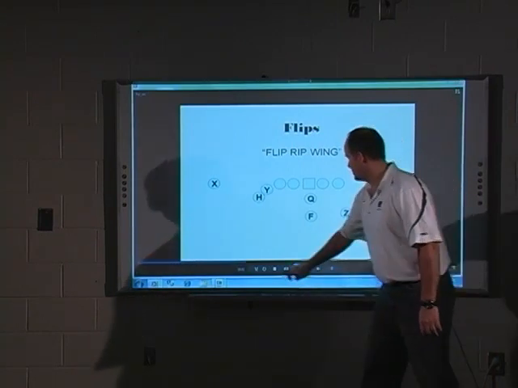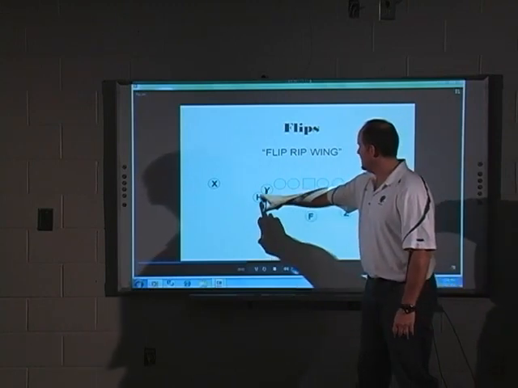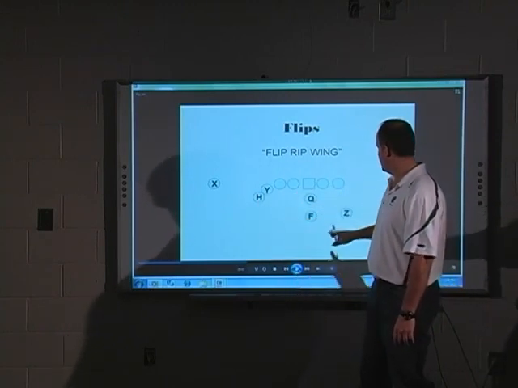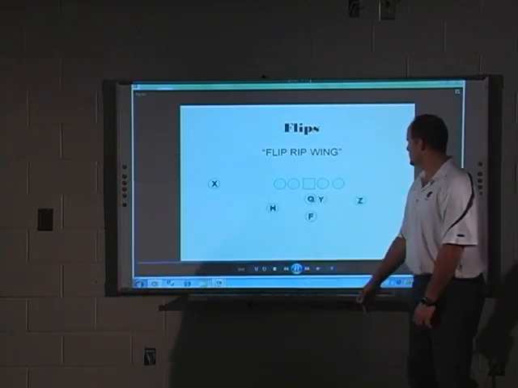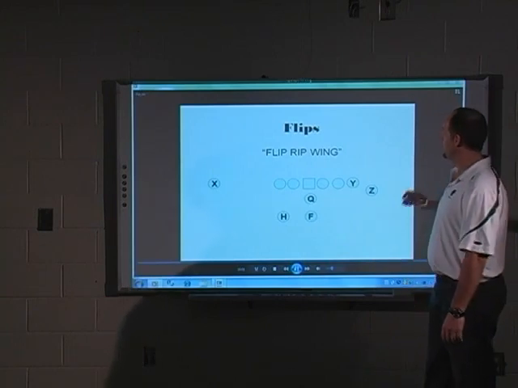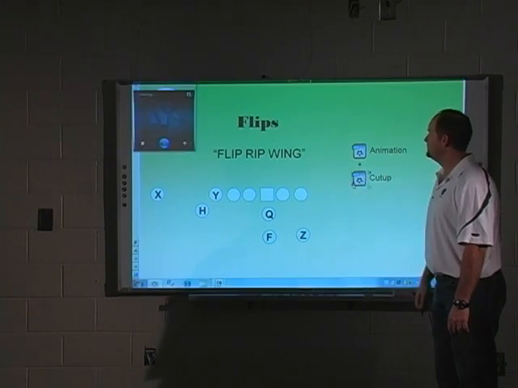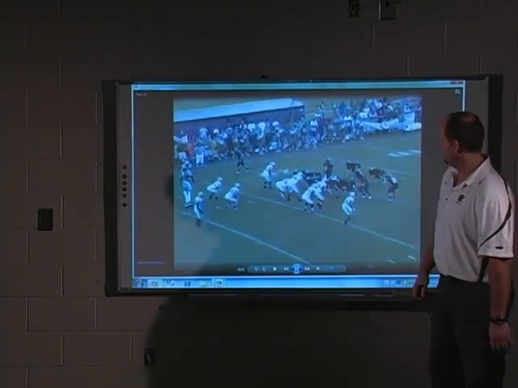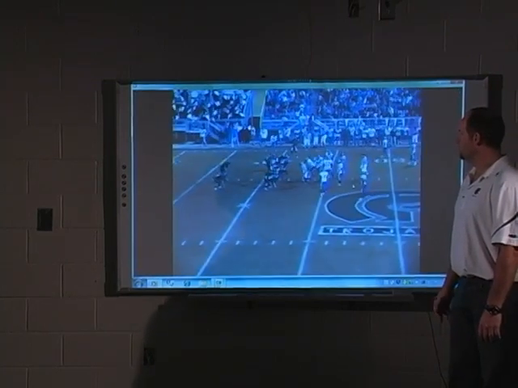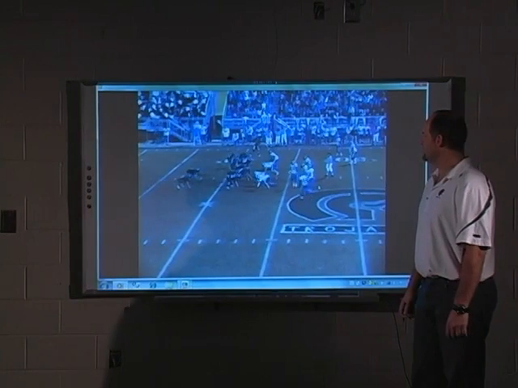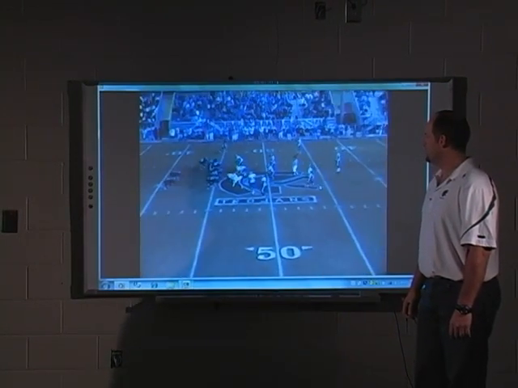Again, I want to illustrate. Our Y's over here, he's going to be trading. Our H is lined up like a wing back. He's going to slide here. Our wing back is lined up like a halfback, and he'll slide up into his position. And we get all that happening on quarterback's command. Good example in a cut-up. And again, one of the things we want to do is make it quick. Make the defense have to adjust quickly, recognize the formation, and make their adjustments on the run.